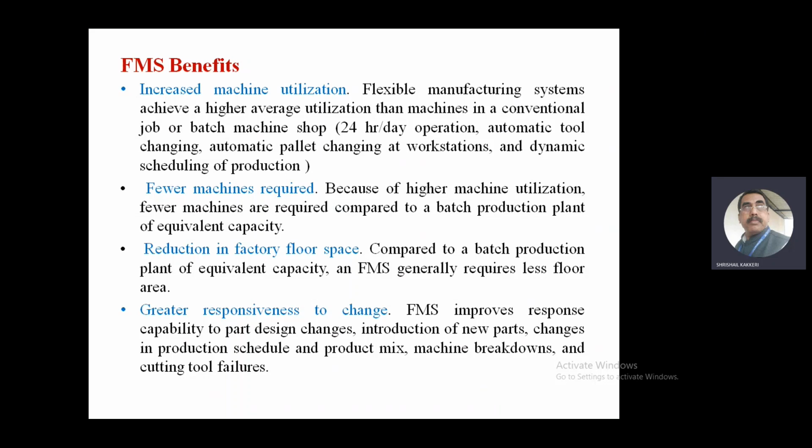Line balancing. For example, the cycle time for this is 10 seconds. If I use a single machine, it will take 20 seconds, and this is taking 10 seconds. What happens? The total line operation will depend on the working cycle of a particular station which consumes a lot of time. Instead of using two machines or workstations, if we use a single workstation, it will take 20 seconds. That means the remaining 10 seconds